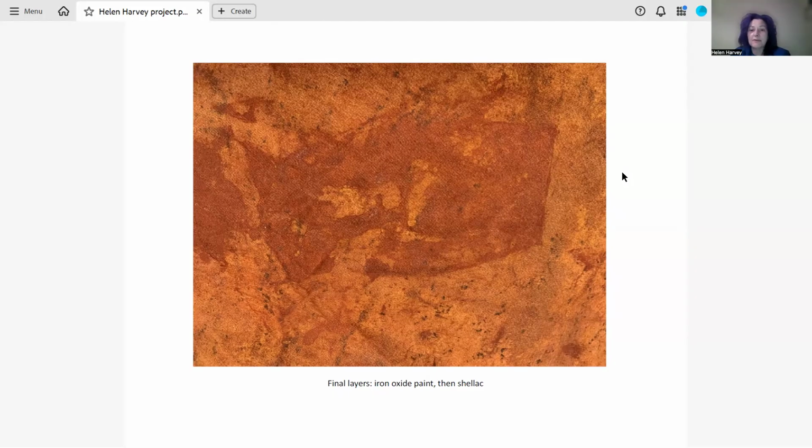So I'm wanting to show this commonality of materials between myself and the ground. So yeah, that's where I'm at now.